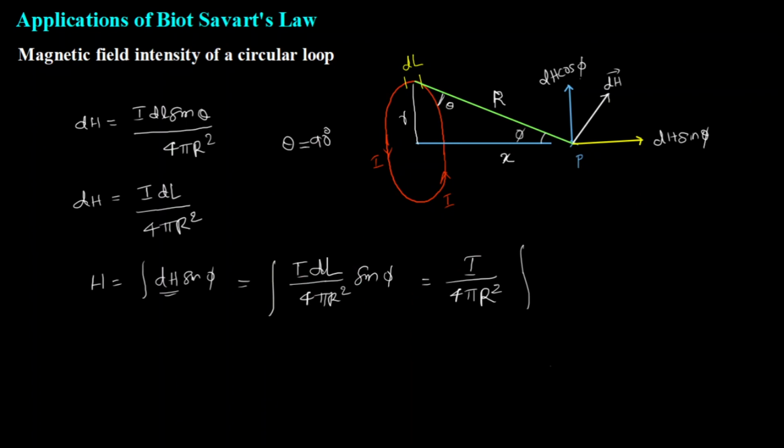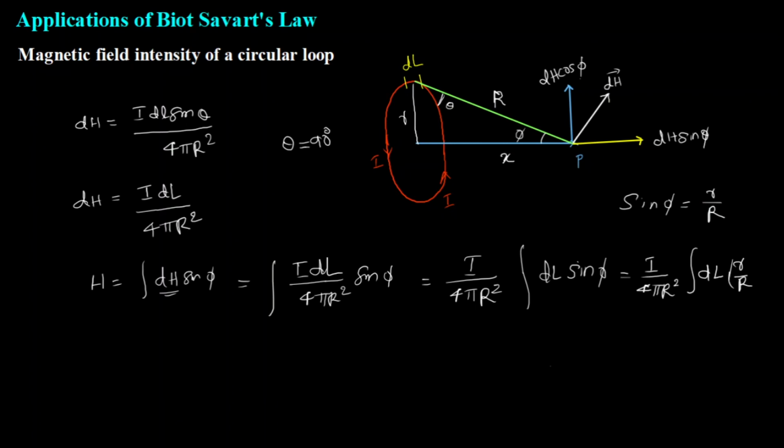So I have to just integrate sin phi. That's again interesting, right? Don't forget dl, so dl sin phi. I have to just integrate dl sin phi, and with reference to the figure, I can obtain sin phi from the triangle. If I consider this as a triangle, sin phi is with respect to this angle. So sin phi is opposite side by hypotenuse. I can write it as small r by capital R, and I will directly substitute sin phi in this equation. So this becomes I by 4 pi r square, integral of dl times r by R.